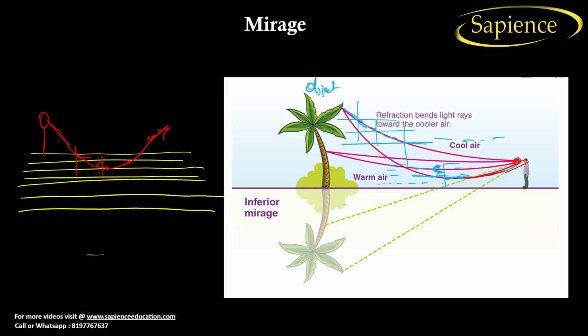So when this incident light falls on the eye of the observer, the observer will think that the light is coming from the backside like this. So that's why the image of this object will be seen below, and this is known as total internal reflection, and due to total internal reflection, the mirage